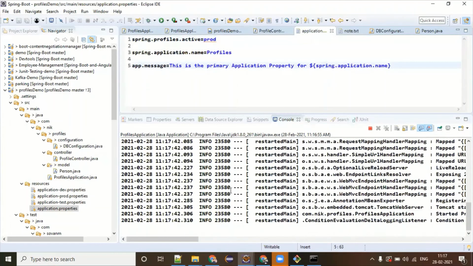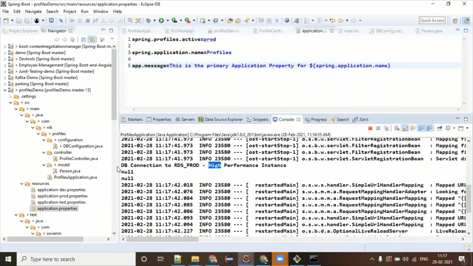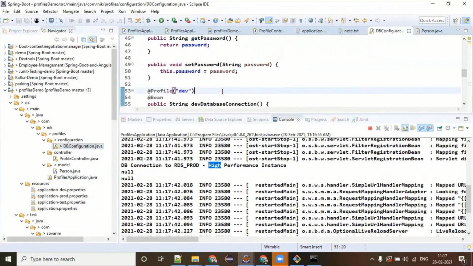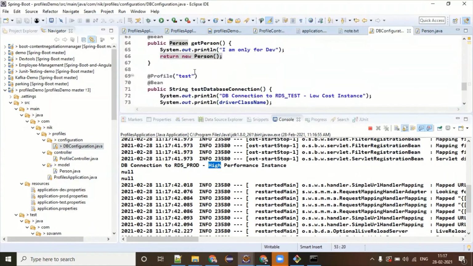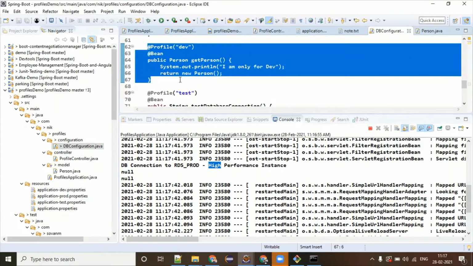You will be able to notice the value which you expected, "I'm only for dev," has not come. It means this person class object which we have created is specific to the dev environment.